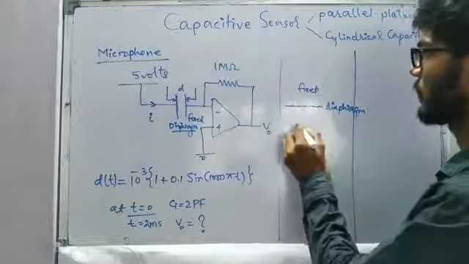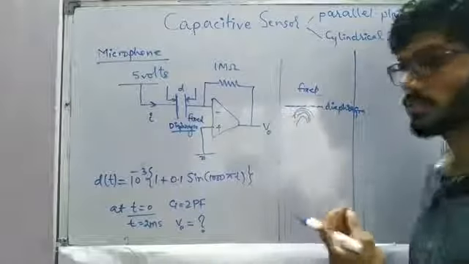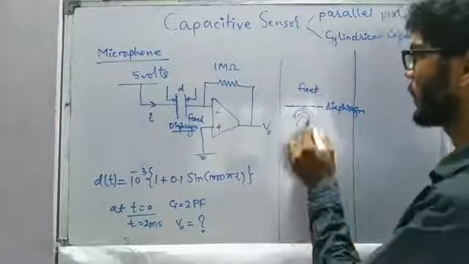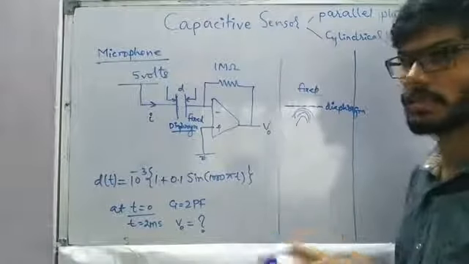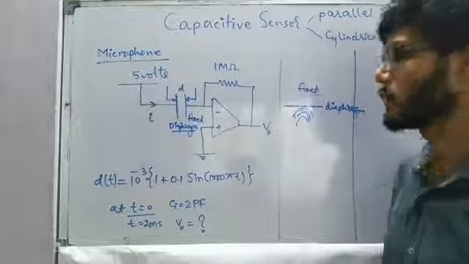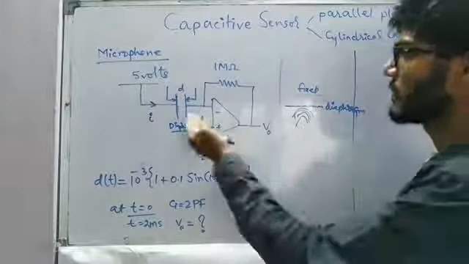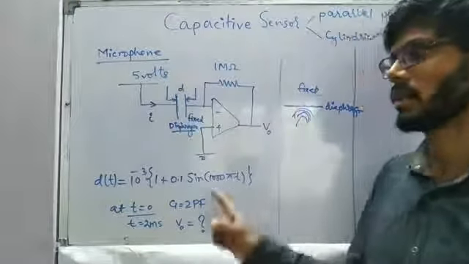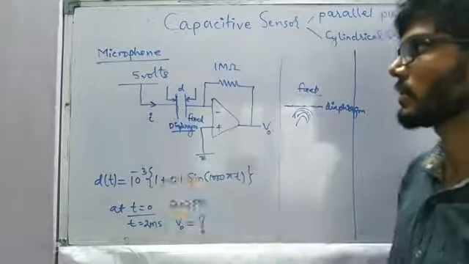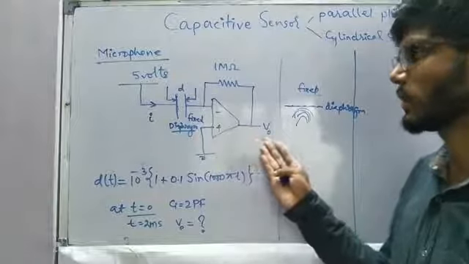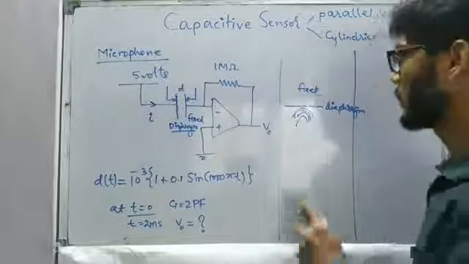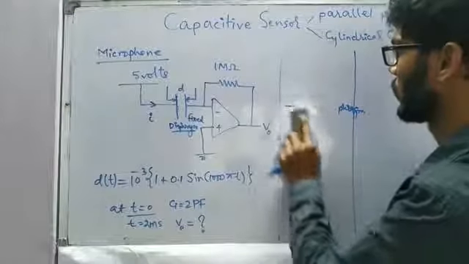So if we are giving some vibrations, sound vibrations, if we are talking on a microphone, they are going to produce sound waves. Due to that sound wave, this diaphragm is going to deflect, and due to which variations in the distance are going to occur. The variations in the distance are going to create an effect on the changes in the capacitance, and those changes in the capacitance are taken into account, and the output voltage is generated according to the intensity of sound or the vibrations of the sounds.